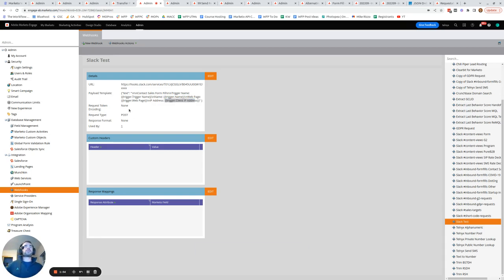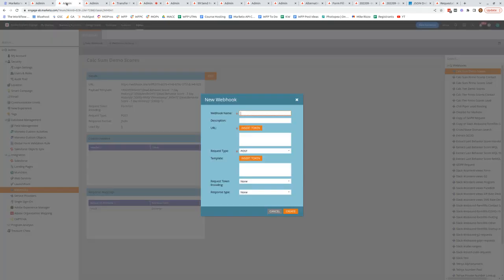Then we've got the request token encoding option. This is usually set to none. However, if you're using special characters like ampersands, which are being pulled in using tokens within either the payload template or the URL, then you might need to use token encoding. What I recommend doing is starting with it set equal to none, and then if you're getting errors related to invalid payloads or issues with the URL that you're sending to, then you can try experimenting with either setting the token encoding to